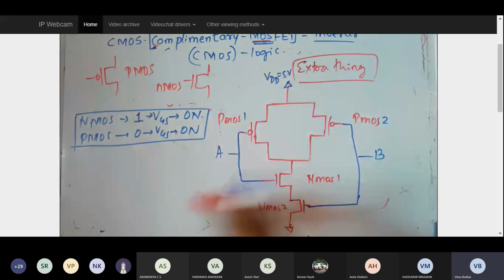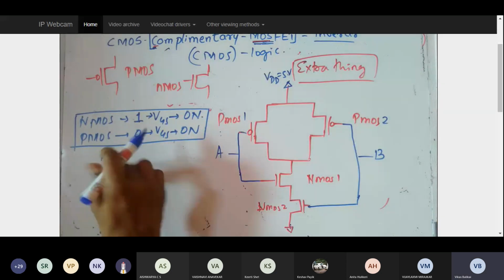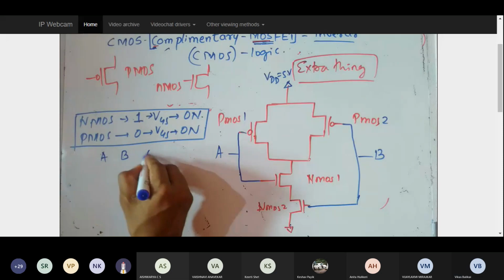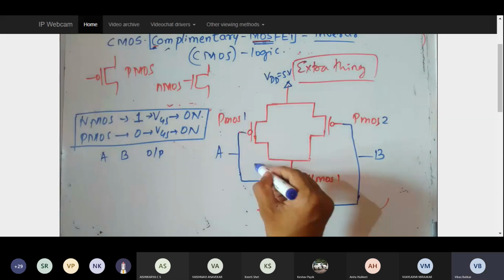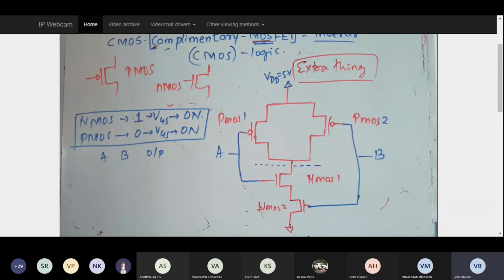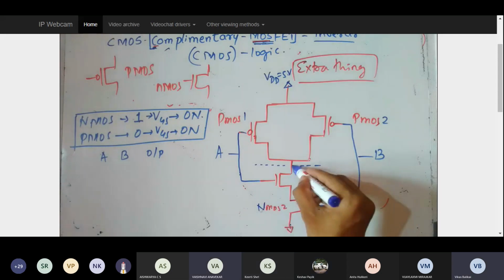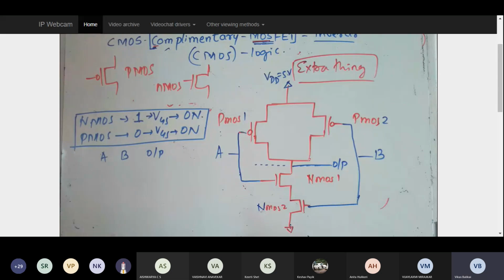I'm going to mention the truth table over here. Let me try to identify, for different combinations of input, what the output will be. And from where should I take the output? Look here, a demarcation line, and there are equal numbers of PMOS and NMOS, as you can see over here. Fine. Now, can you just analyze and tell me what is going to happen here?